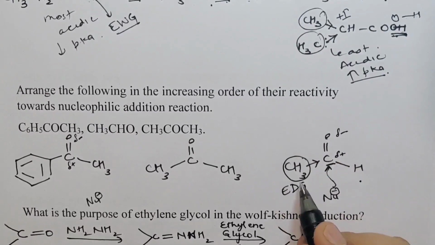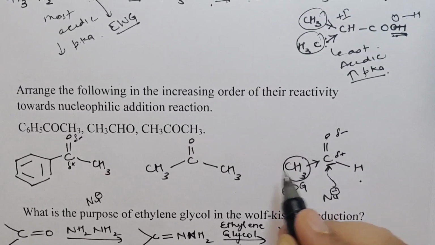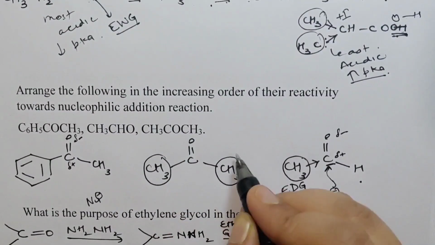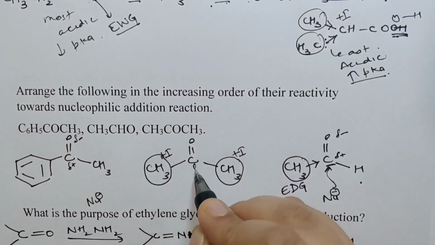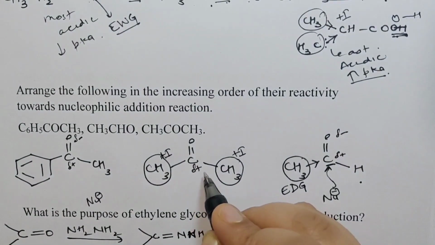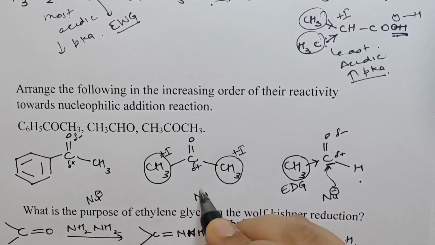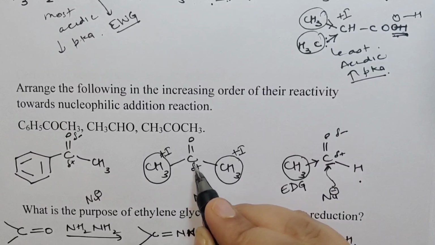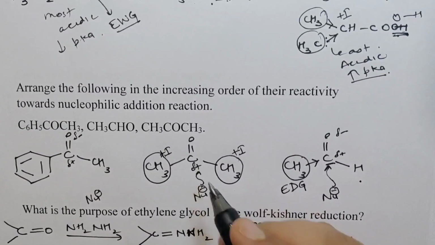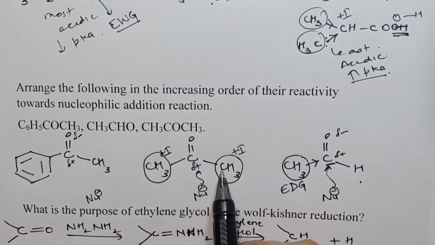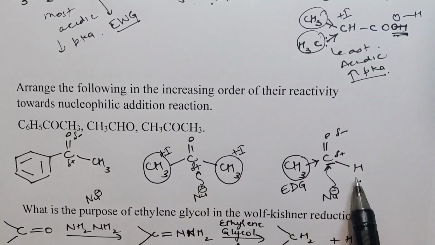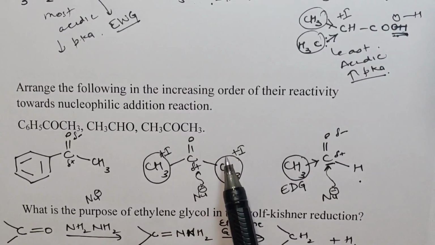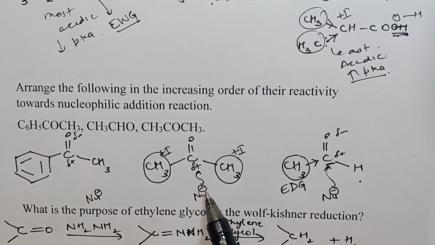But in aldehydes, there is only one electron donating group as compared to ketones, where there are two of them. Two electron donating groups, double plus I effect. That means the partial positive charge magnitude would be lower, right? That means the nucleophile would not be as attracted because the magnitude of positive charge is much lower. And apart from that, these two groups create steric hindrance. In aldehyde, there was only one group, but in ketone, there are two groups creating more steric hindrance, making it more difficult for the nucleophile to approach